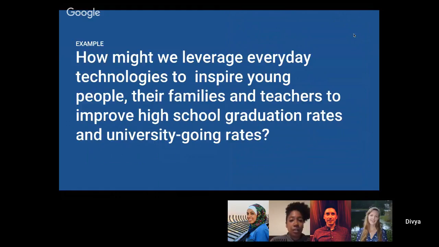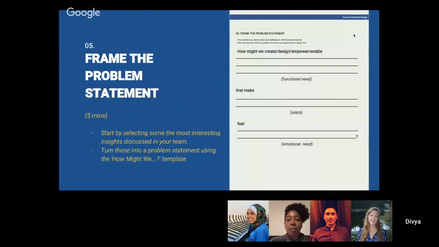So you'll come up with that very strong problem statement that starts with how might we, and it could be to create or design or empower or enable. Then you'll fill in the blank with some sort of functional need, and then you want to identify your user. Is it the university student?